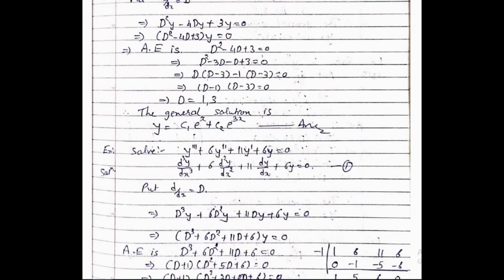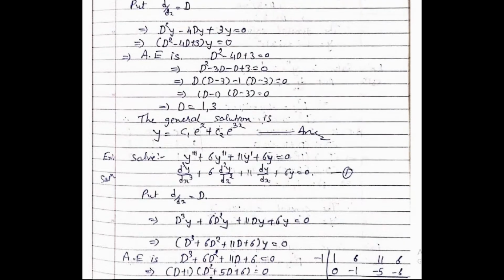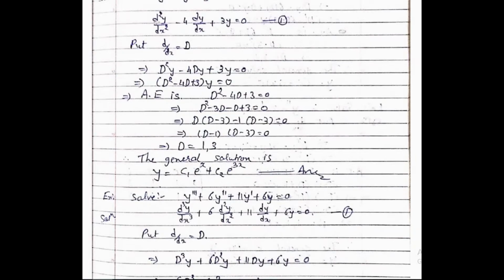So multiplying each root by x and writing in the power of e, that will be e raised to x, e raised to 3x. And since both are solutions, we write the general solution as c1 e raised to x plus c2 e raised to 3x. You have to give a constant to each of them. Since your equation is a second order equation, you have two arbitrary constants